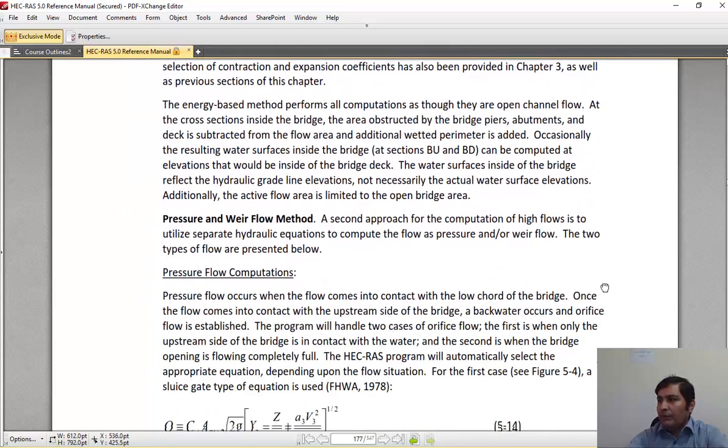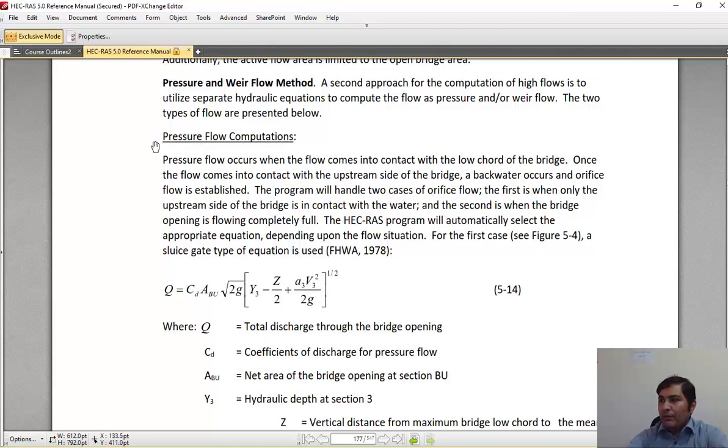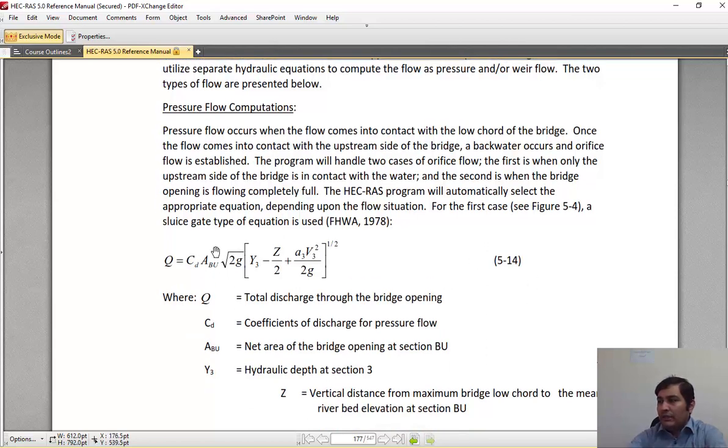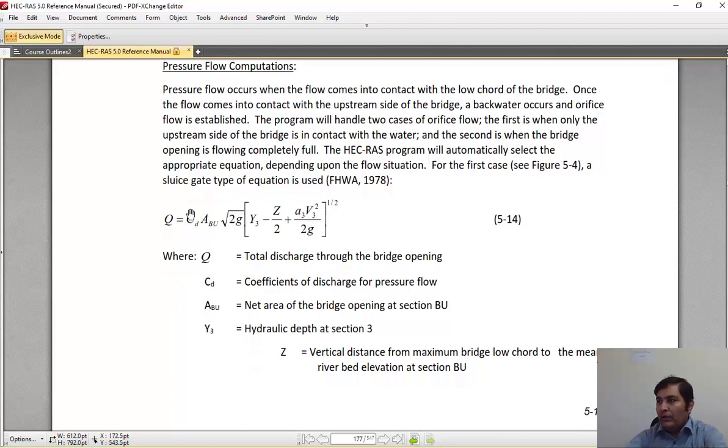Okay, in high flow computations, for example, when the flow is high and tends to overtop the bridge, the model automatically switches to pressurized flow computation. And in this part, there are different formulas for simulating pressurized flow computation in HEC-RAS. For example, one of these formulas is the FHWA formula, which uses this equation for estimation of flow discharge through the bridge